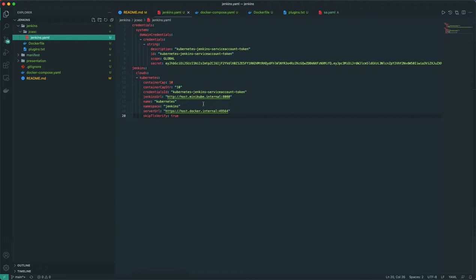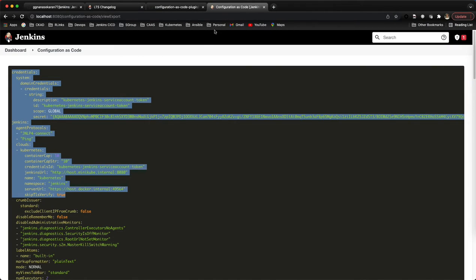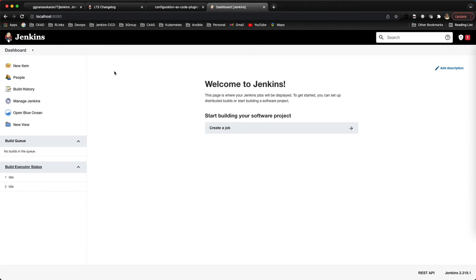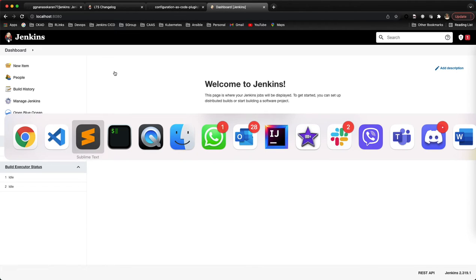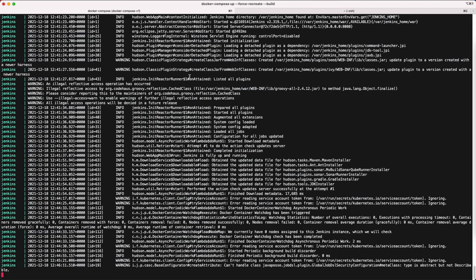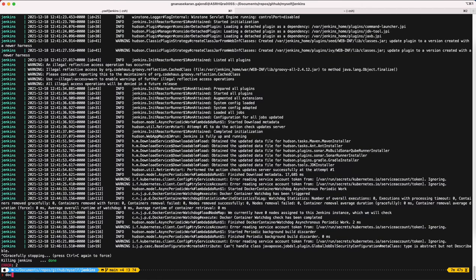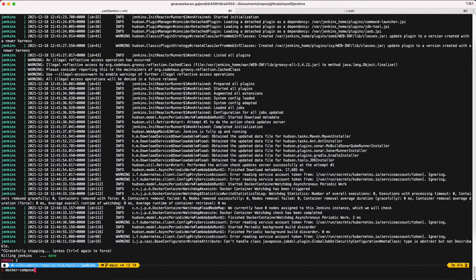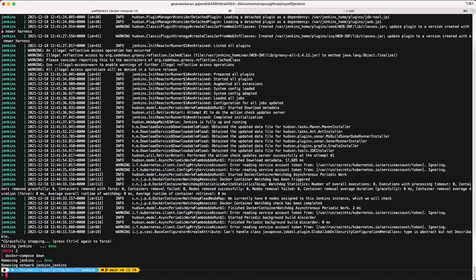We will destroy this environment now and recreate it. Let's see if it comes up with all the settings that we did manually. So do docker compose down. It's removed. I'm doing a force recreate and force build so that everything is cleared and we get new things as per our configuration.